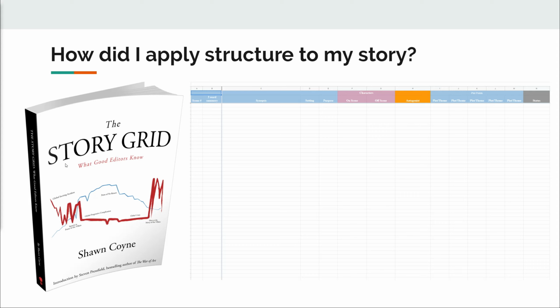The second reason is your editor is going to be really thankful to you for doing it. I actually did a panel discussion with the Editing Bard and Written in Melon, and Written in Melon pointed out that she really likes it when people give her the outline because it helps her track what's going on, and it also helps her understand the intent of the scene as well. So for example, if I wrote something and said in this scene we're supposed to see these two characters come together and fall in love, and let's say my editor read the scene and she's like, they're not falling in love, they're still fighting, so it's being completely missed here. It's just really useful for your editor to have this information broken down for them.